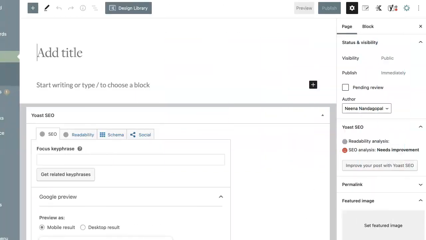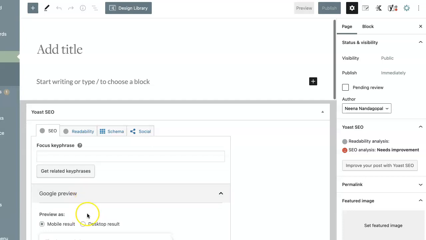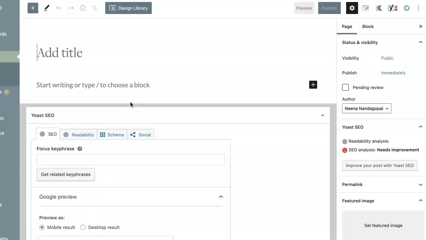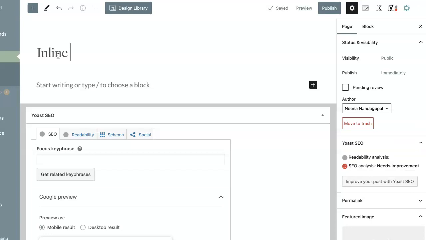So here we are in the back of my WordPress install, and what I've done is created a new page. And what you want to do is create a page, not a post, but a page. And this page is never going to be live on your site. It's always going to be a draft. We're just using it to build our block, and then we're going to copy the code and paste it into Ad Inserter. So you can call it anything you want. We can just call it inline opt-in draft only,